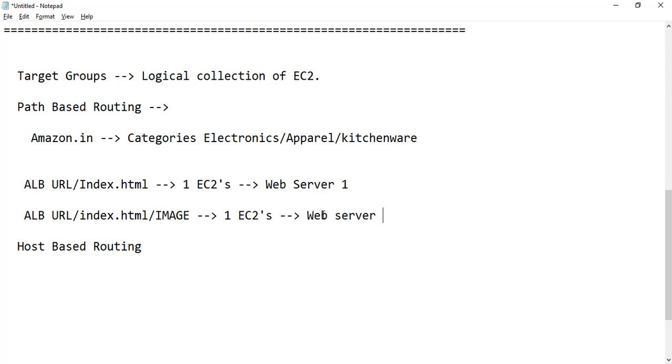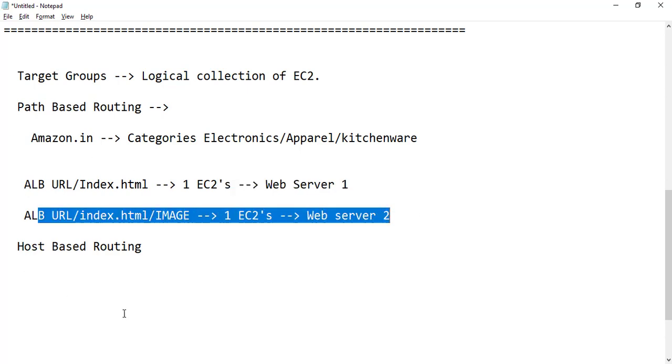So I will download an image in this second web server, and then I will see whether this image is getting populated properly or not. Based on the URL path, it should go to either web server 1 or web server 2. This is called path based routing.